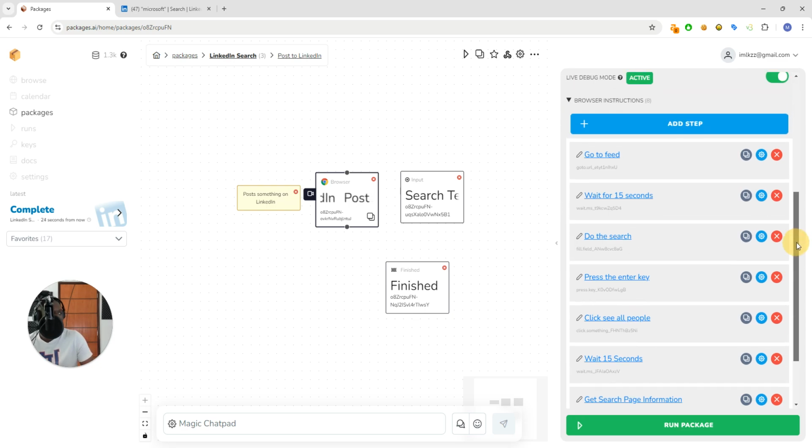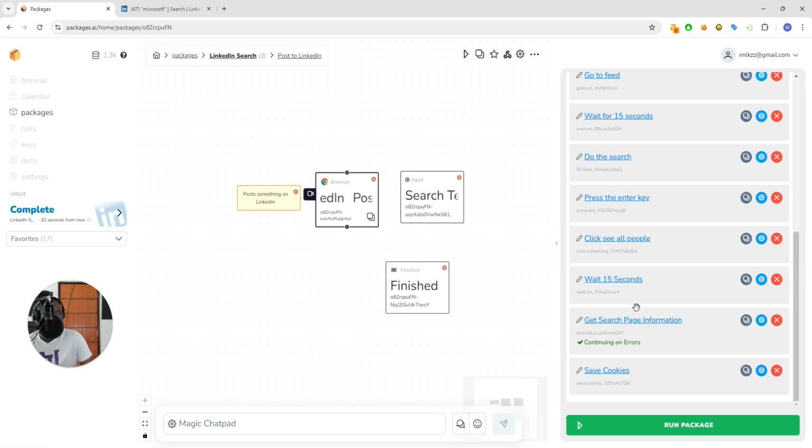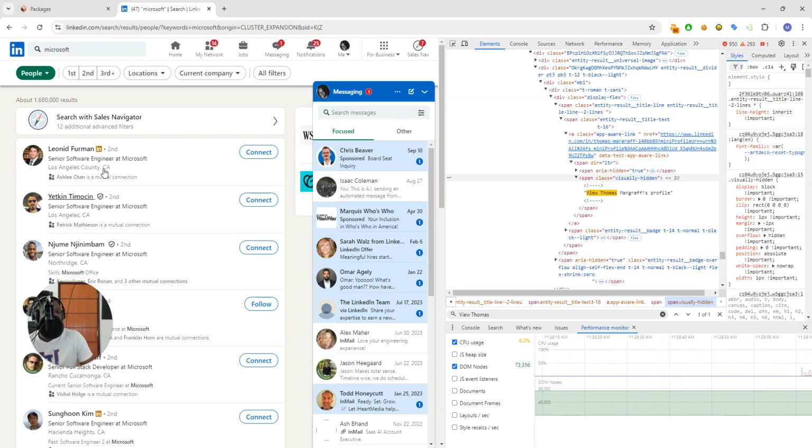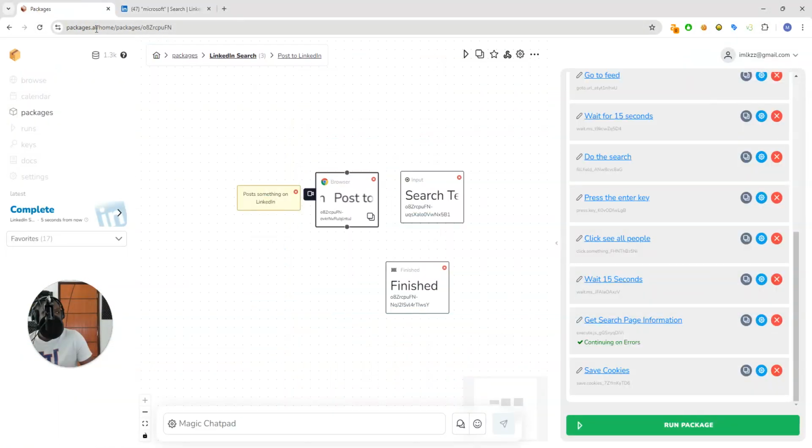Again, it's a little bit more advanced as far as using packages go, but this package is ready to go. Anybody can use it, anybody can extend it. And if you wanted to extract those other values, their title and the location, and maybe you can even say, press the connect button on each of them. Those are things I can show in another video if you want it, all right? But I hope this helps. This is basically a tutorial on how to make LinkedIn search and extract items from a list, and I hope